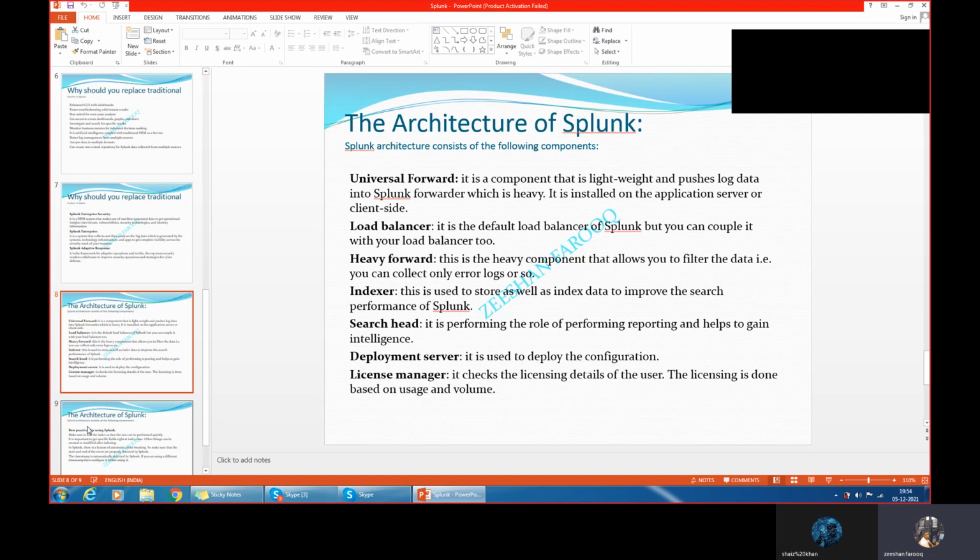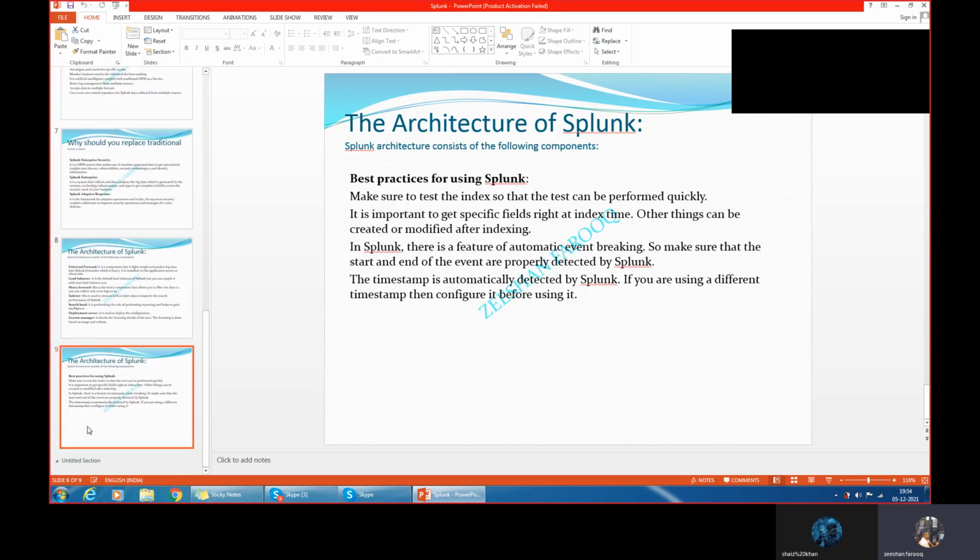For the indexer, how it stores the index data to improve the performance of Splunk. For the deployment server, how it gets deployed, what is used, and what exact configuration we have to follow. For the license manager, how to check the licensing details, how much is the usage, and what is the volume.